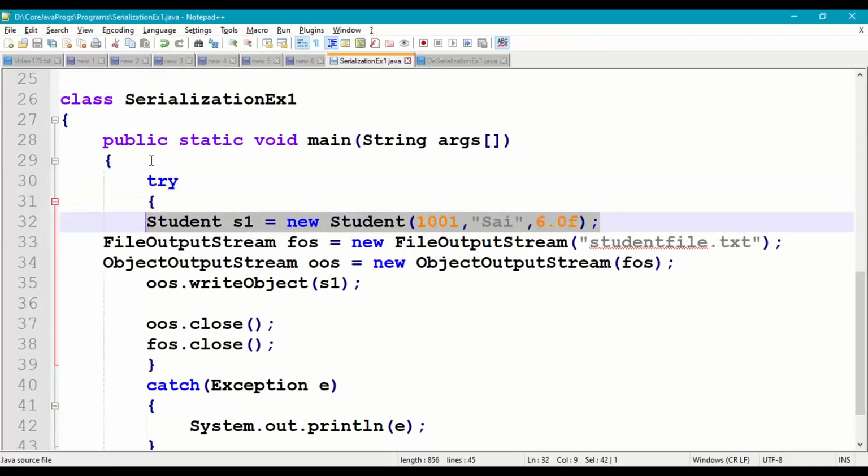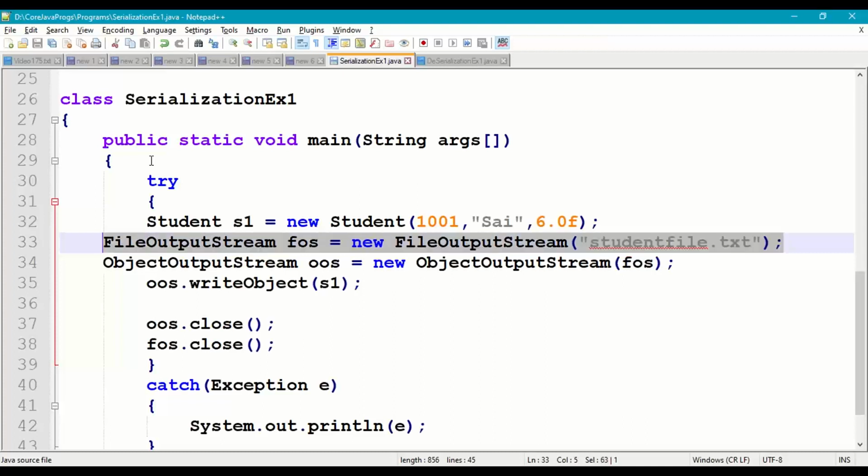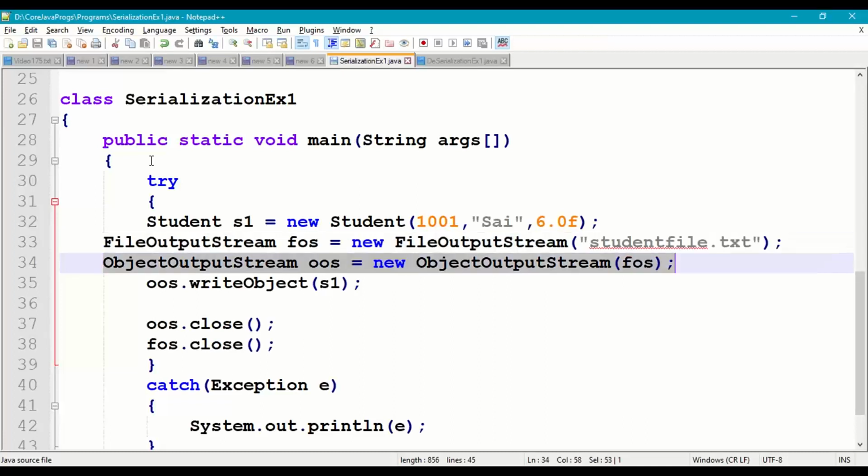So first we are creating an object of student class and passing roll number, name, height. Then creating an object of file output stream, student file.txt, and then creating an object of object output stream and passing FOS, file output stream object, as a parameter to the constructor of object output stream.